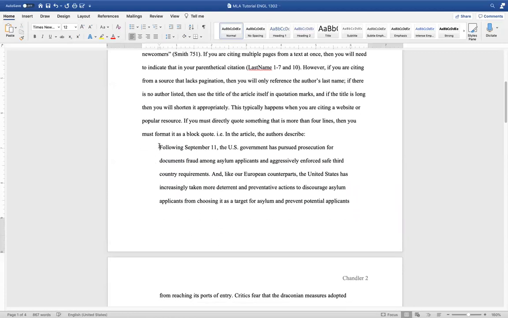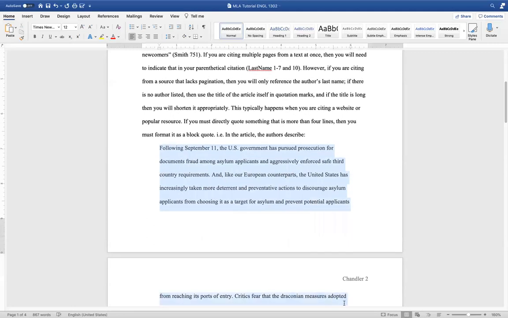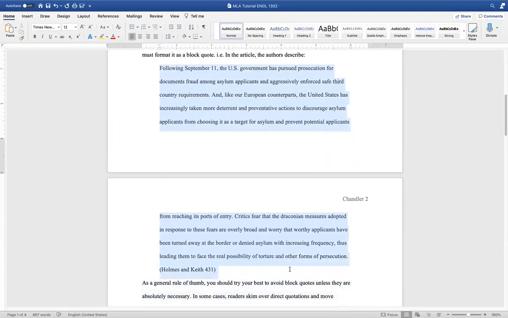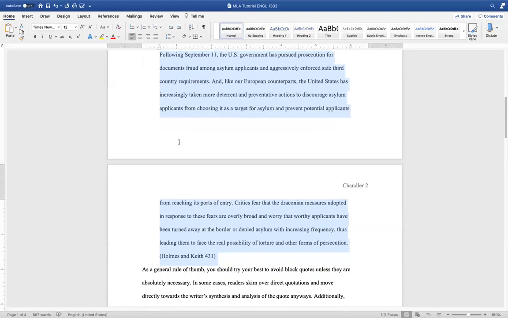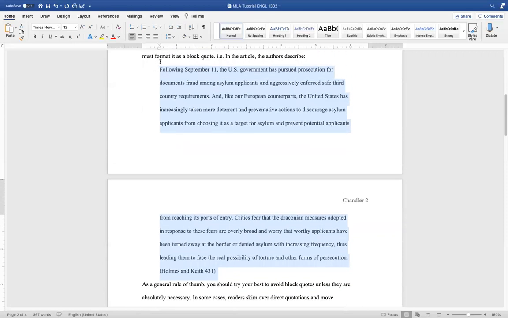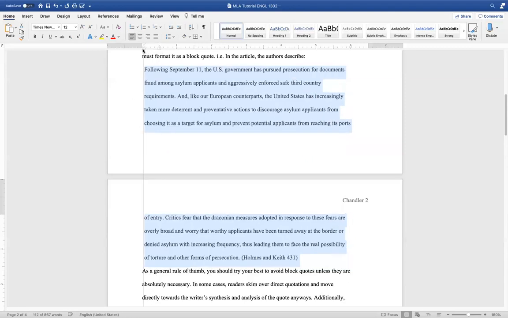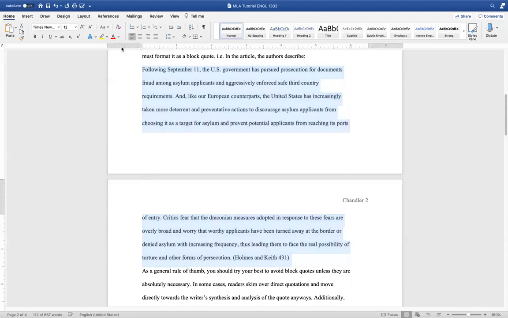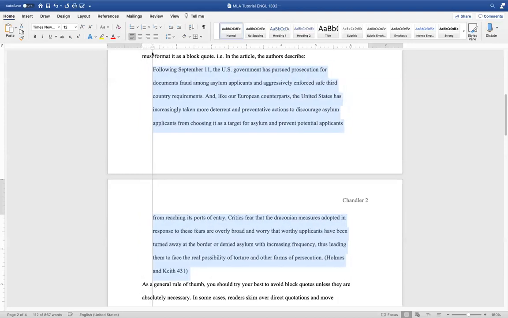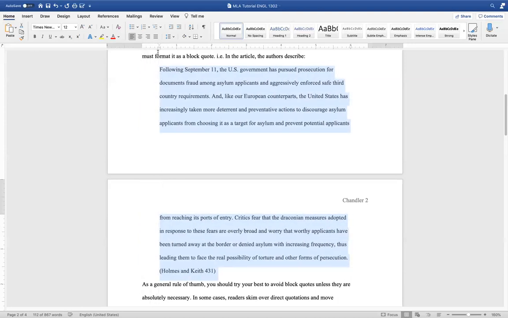The way that I did this, here's the quote. So this signals to your reader, hey, this is a direct quote, but it's really long, so I formatted it as a block quote. How I did this is I highlighted the text that includes just the direct quotation, and then I click on this little left indent tool and I bring it in to a 1/2 inch,